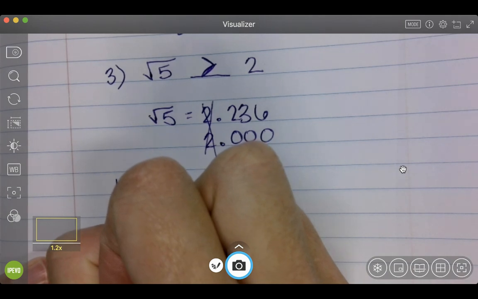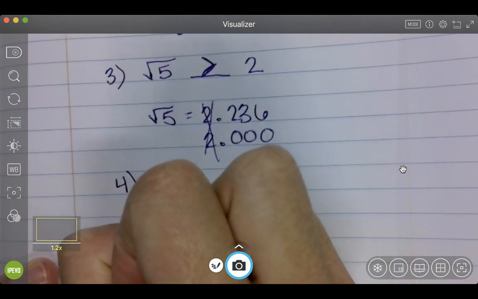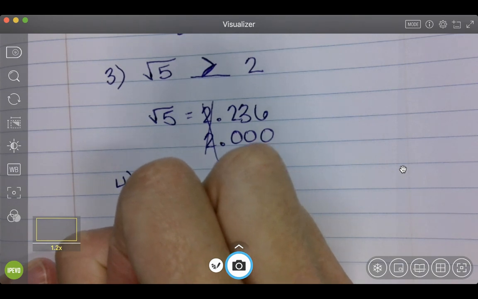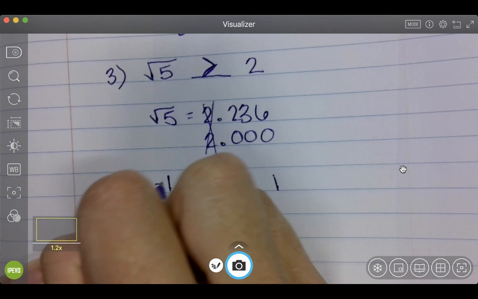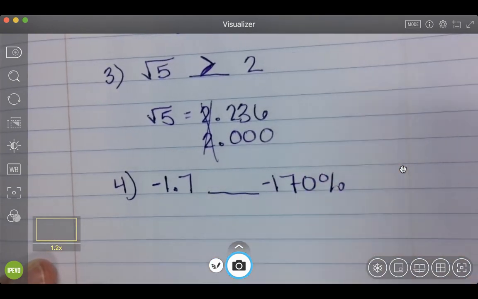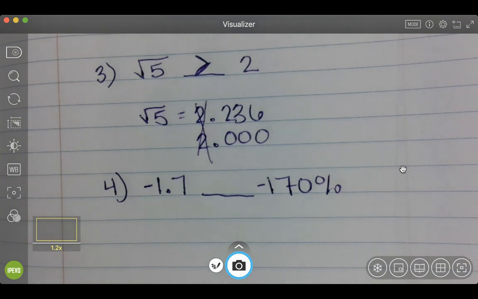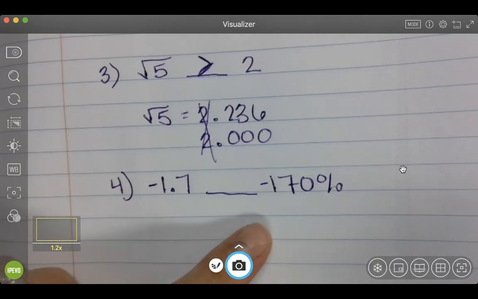What about -1.7 and -170%? -1.7 and 170%. This one is a decimal. We good. But my next one,